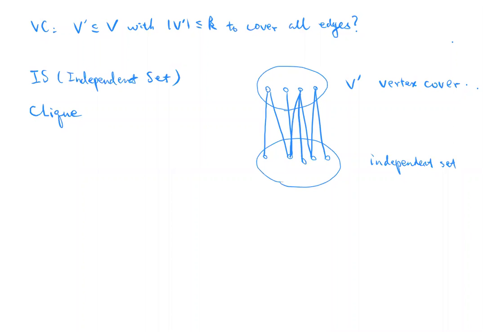So on this side, the V minus V prime side, there are no edges at all. All the other edges may be inside V prime. So it's possible we have edges here. But on this side, there are no edges at all. So this part is an independent set. So if the size of the vertex cover equals K,